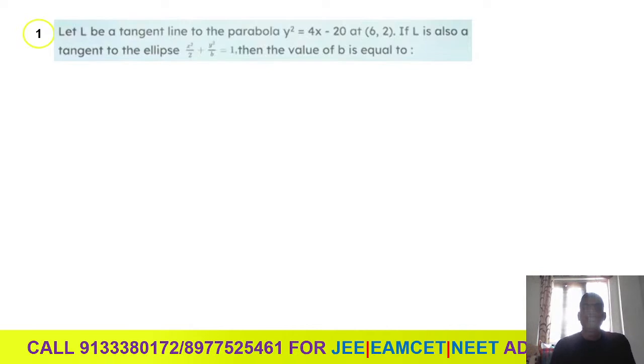Let L be a tangent line to the parabola y square equal to 4x minus 20 at (6, 2). If L is also tangent to the ellipse x square over 2 plus y square over b equal to 1, then the value of b is equal to,